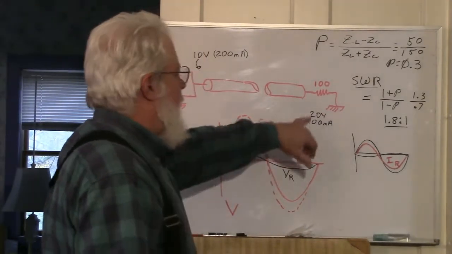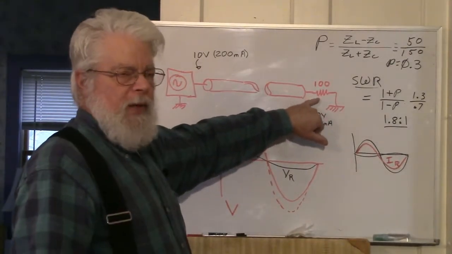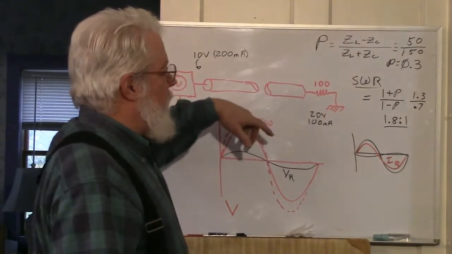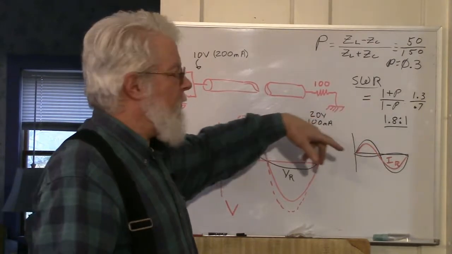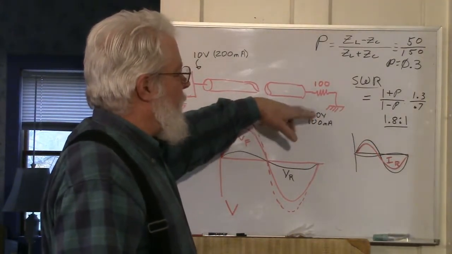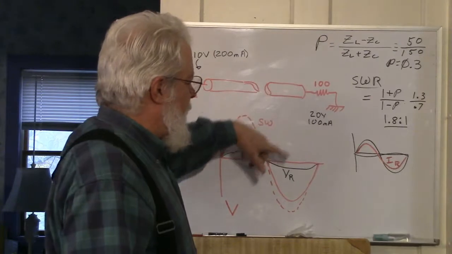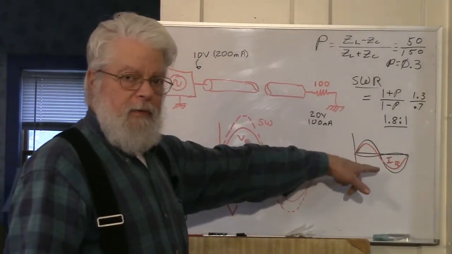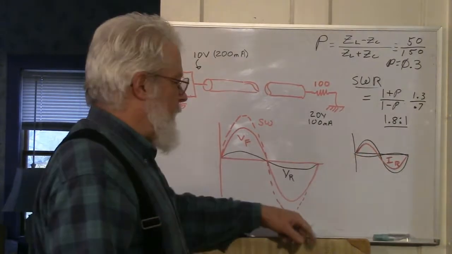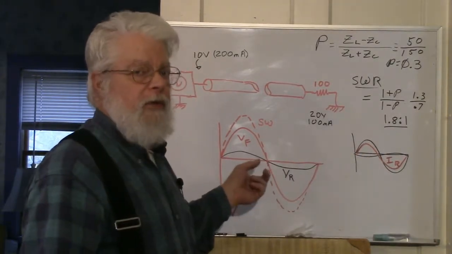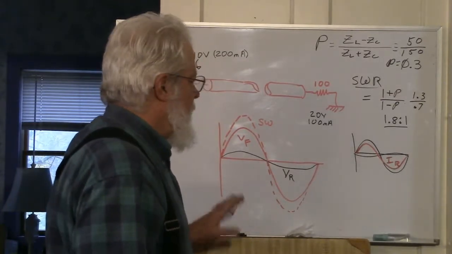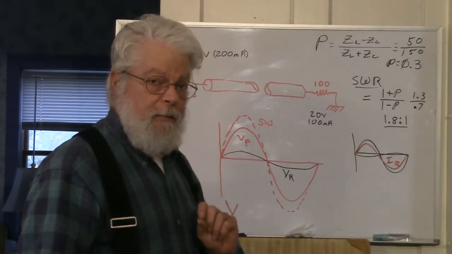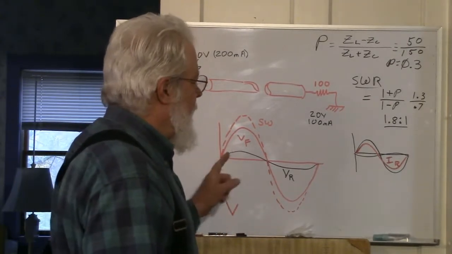Now, had this been the case where instead of 50 ohms we had, say, 25 ohms, we'd have a similar condition. These are absolute values, except in that case we would have a reflected current 180 degrees out of phase and a reflected voltage in phase, 0 degrees. But the two key points I want to make here: A,